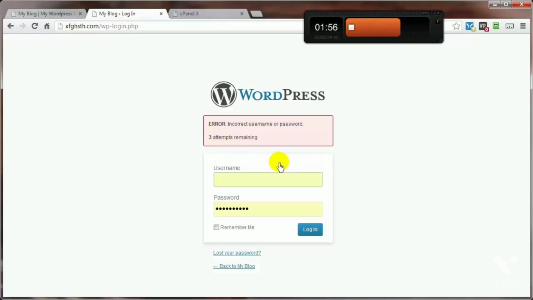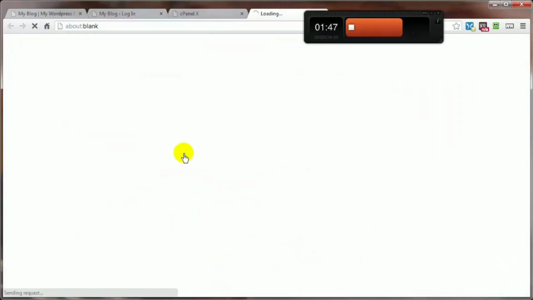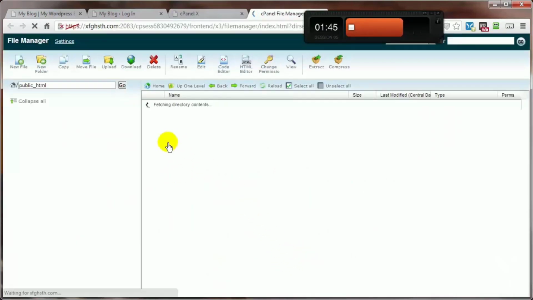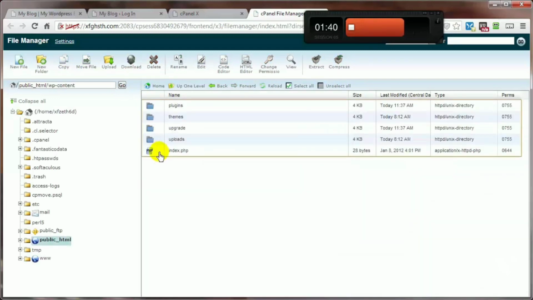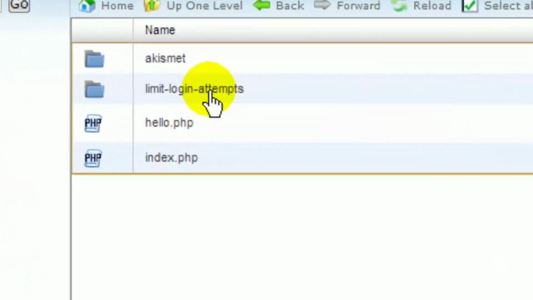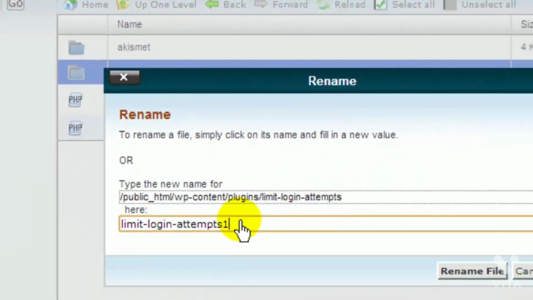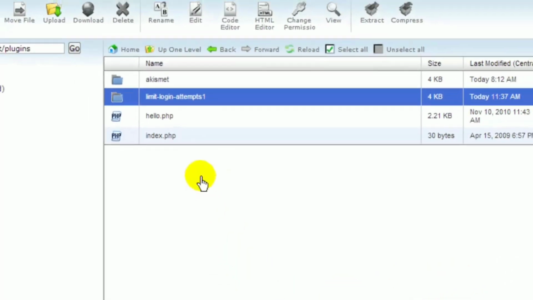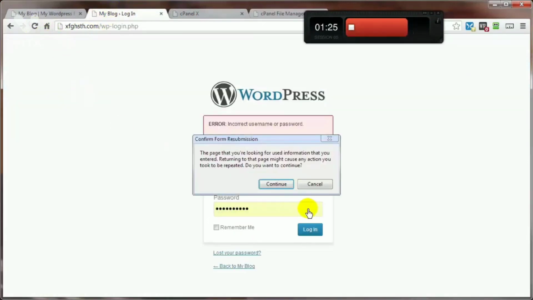So if you can't remember your administrator login credentials in 4 attempts, well, you probably ought to just give up altogether. But if you want to, you can go into your cPanel or FTP account and just kind of disengage that plugin. Come on down to File Manager, look for that plugin, and just rename it. That's in the wp-content directory. Open that up. In the plugins directory, open that up. And right here, just rename it. I just put a number after the end of it, like 1. Just basically change the name of it. And then come on back here, refresh, continue,